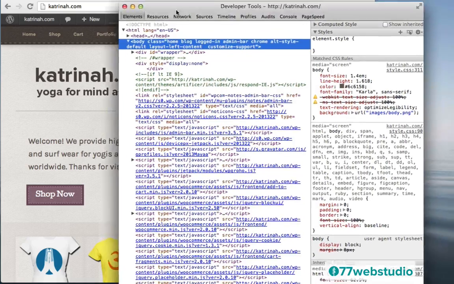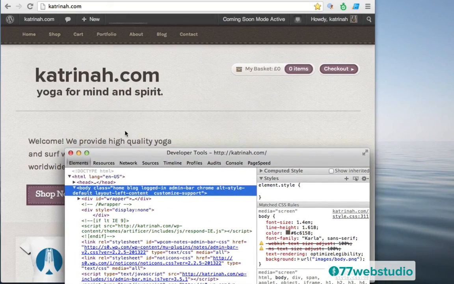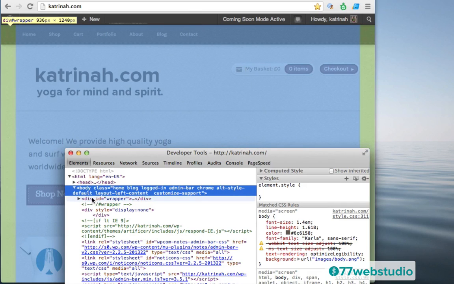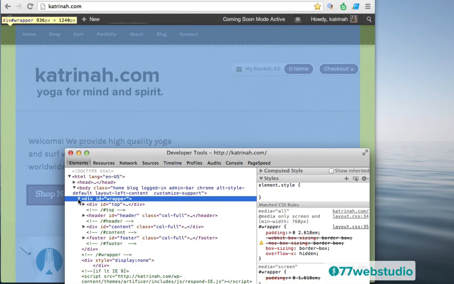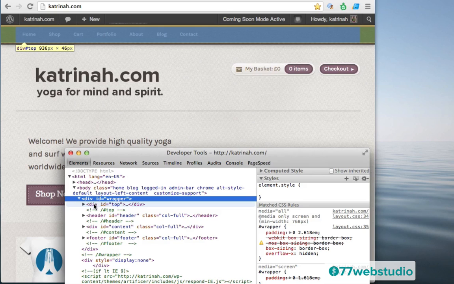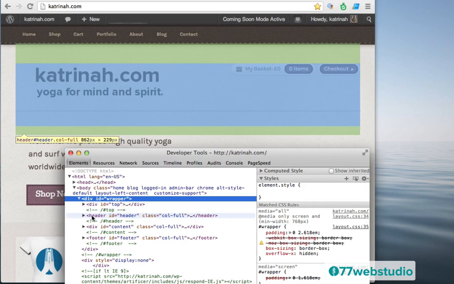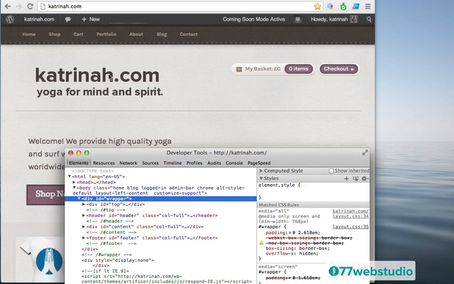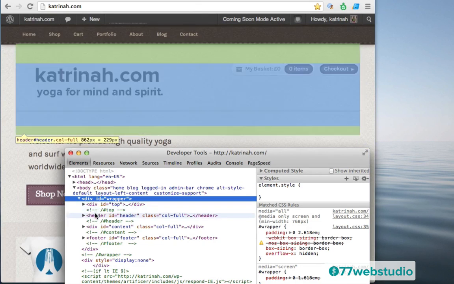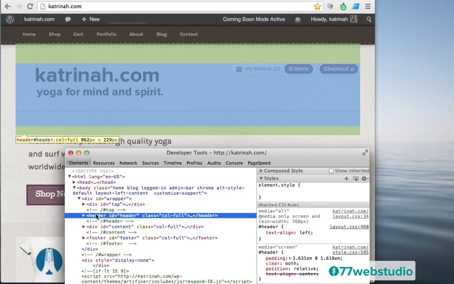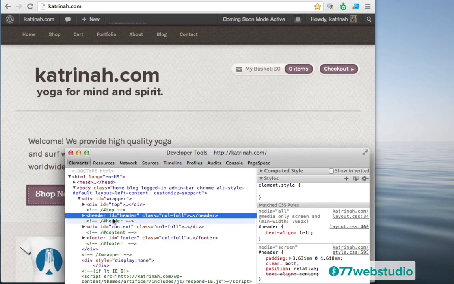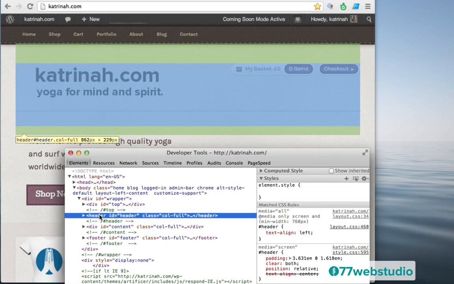Then what I need to do is I need to find where this space is located in my code. So here we see, here is the wrapper, and when I click on this marker here, then I have the top navigation, then here's the header, and here we can see there's some green space, the green space in between the darker space. I'm not sure if you can see that, but when I click on header, this is the style that I want to change.